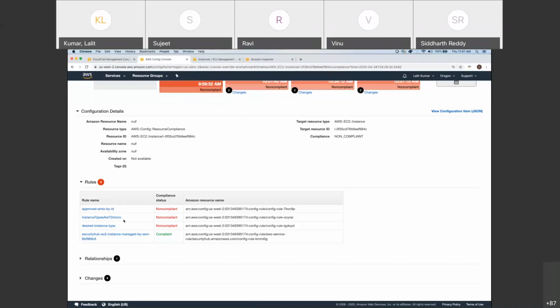For example, let's say I filter by EC2. Now, one of the rules which we're looking at is approved AMIs by ID. Instance types. EBS optimized instance. CloudWatch alarm resource check. There has to be a CloudWatch alarm resource enabled. So if I click